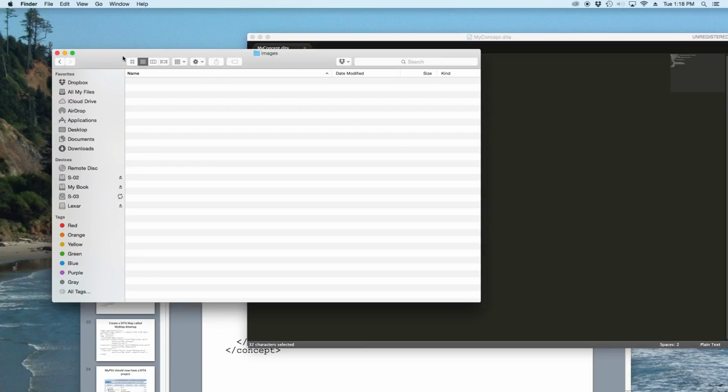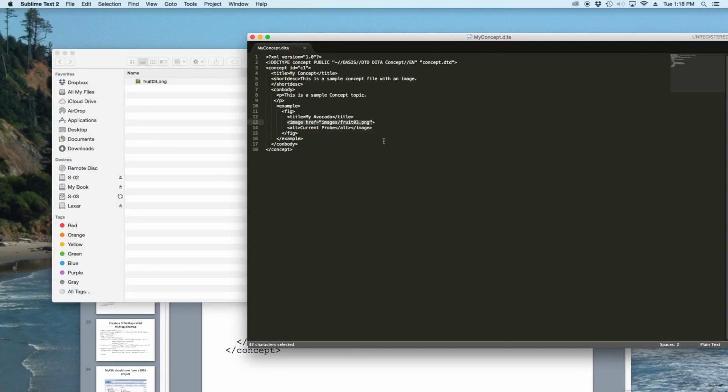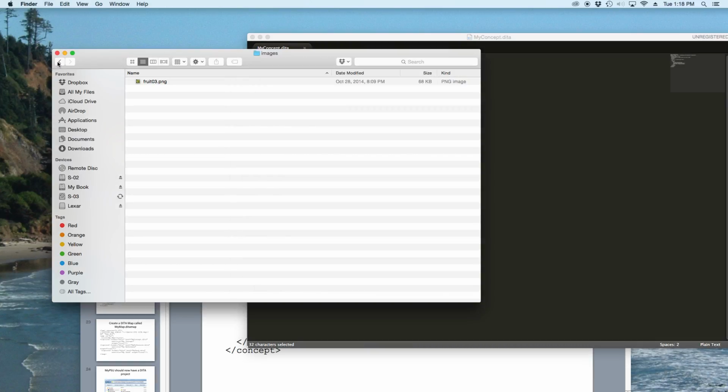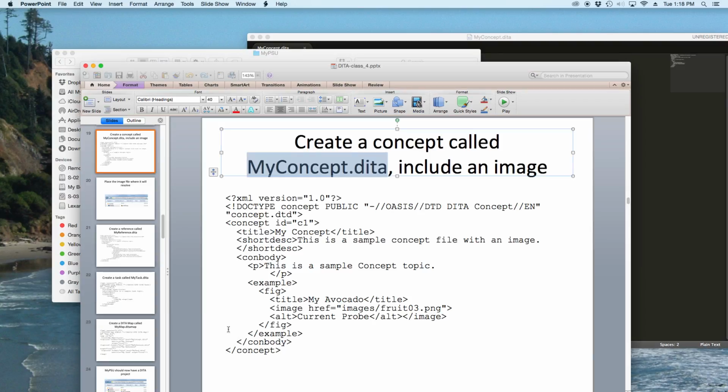Let me see if I can put that back in there. Okay, so now I've got an image that will resolve. You can put any image you want there. Just make sure that in your file you have it named correctly so that the image will be found by the DITA Open Toolkit. Okay, so then my next step,